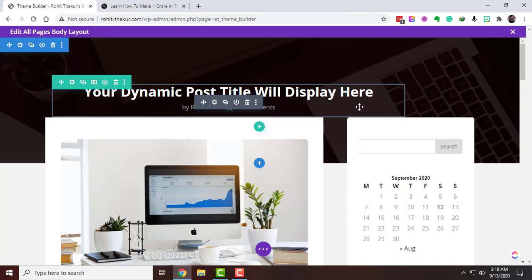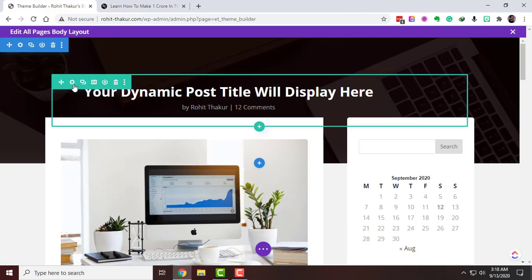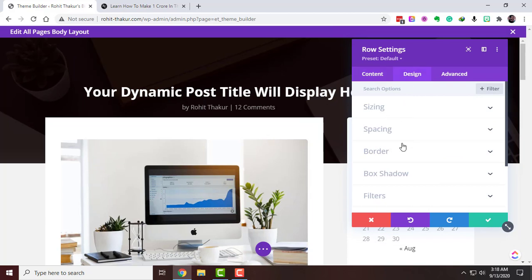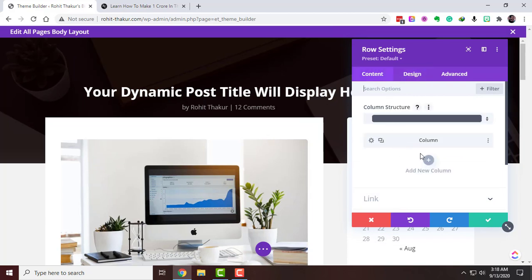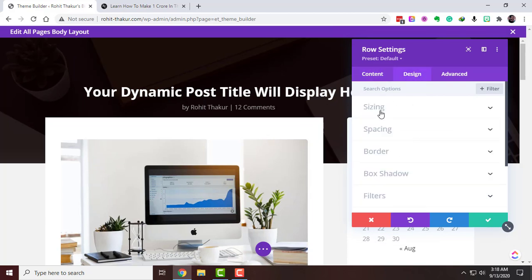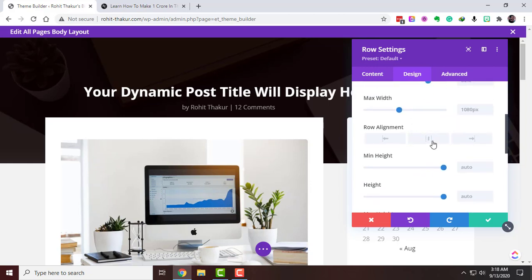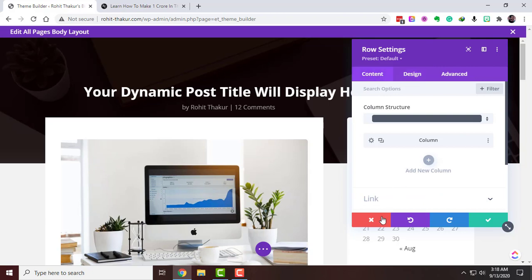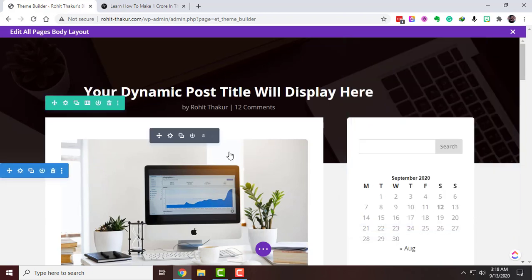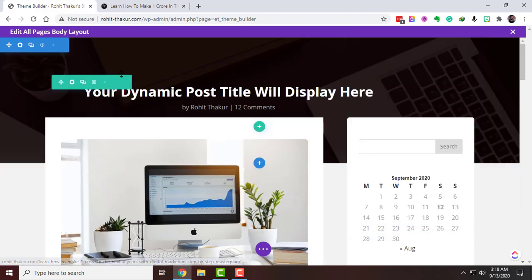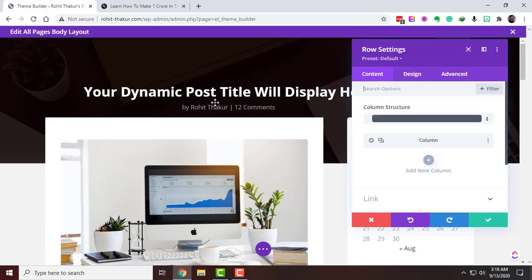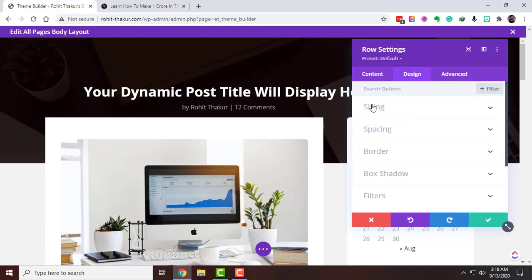First of all, we can align all our content. Let's make everything in the middle, save it, and now let's go ahead and design it.